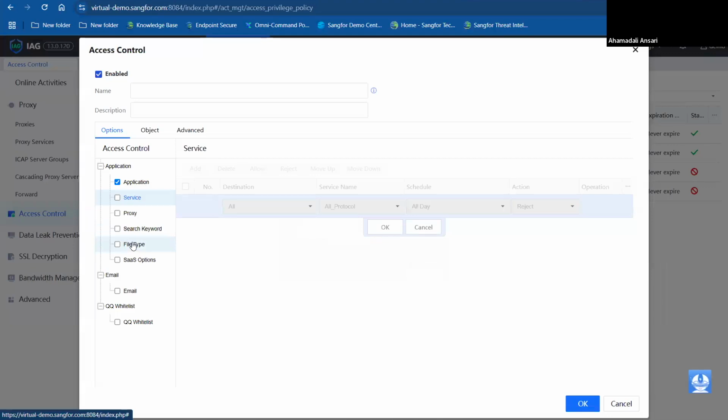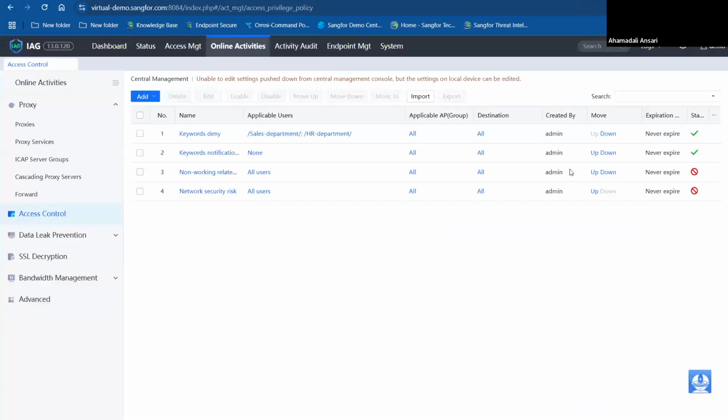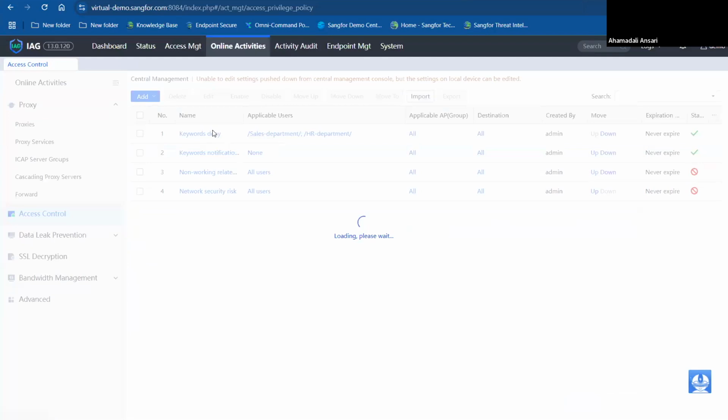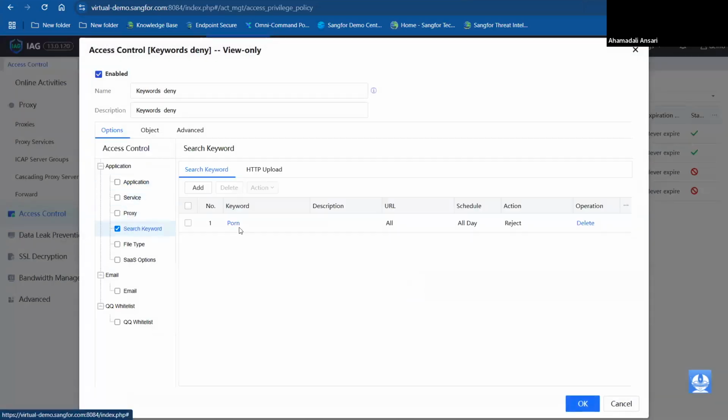So in case you don't want users to download MP4 or certain other files, you can also define that to block it. Also, the email part can be covered with this as well. So this is where you can generate all of the information from a single perspective. This is just one example where you have the keyword based and it is already defined as one of the words which can be detected and rejected.